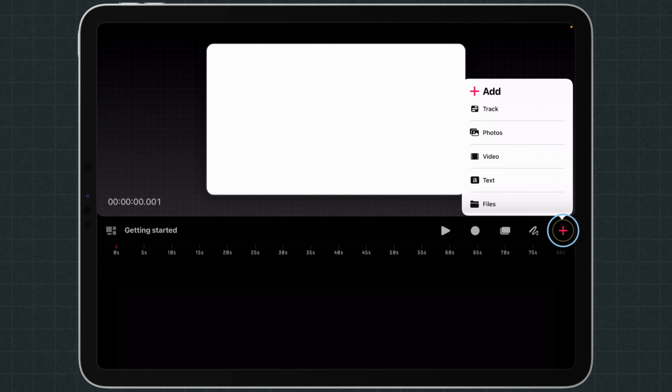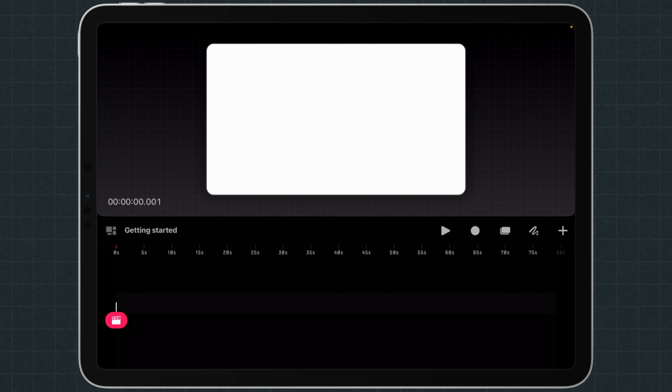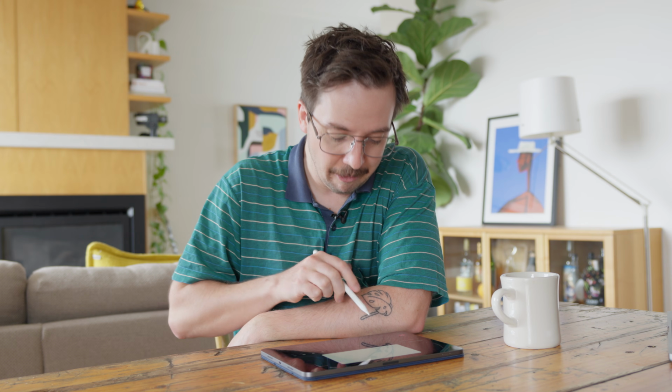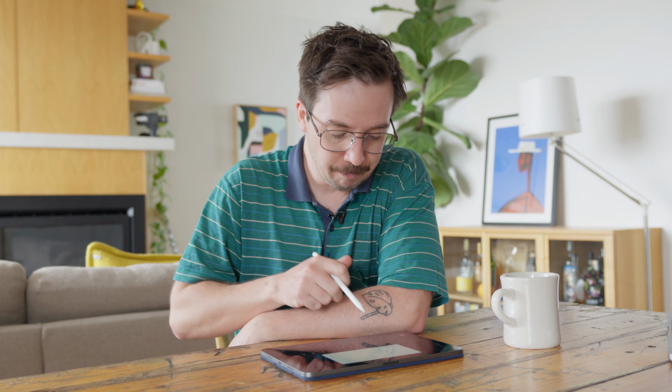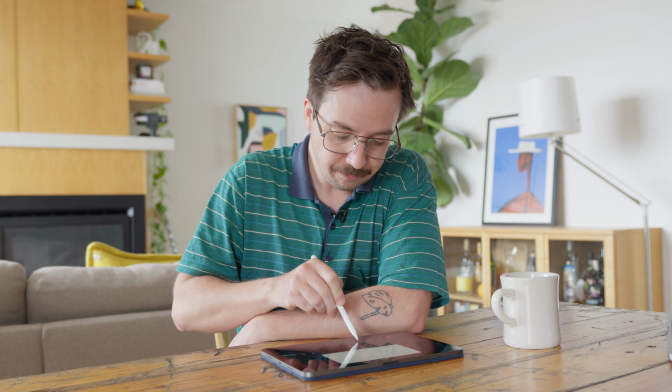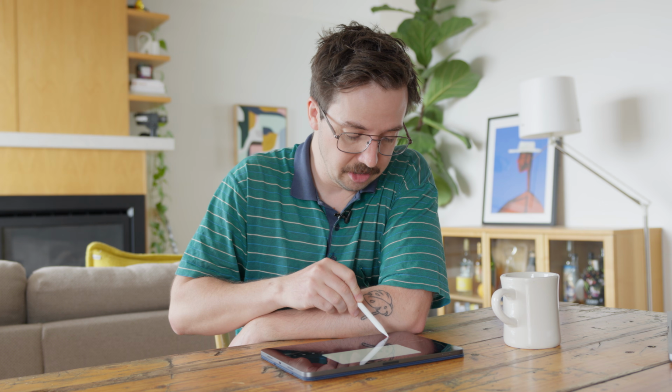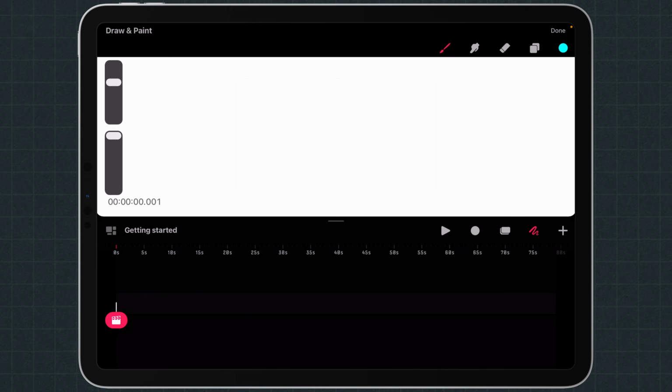So let's start by adding a track. We're going to go add track here. And now you can see it's pretty dull, but in real life, you can just see it here. A little gray bar has gone down. This track here means we can now start drawing in it. So I'll just put this back to the start and I'll go to our draw and paint tab, which brings up this little canvas here.